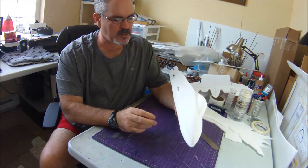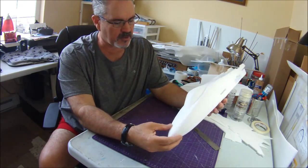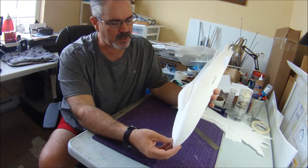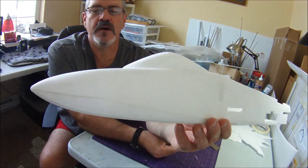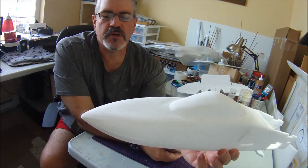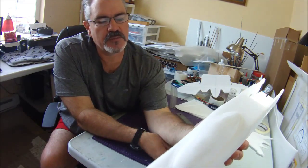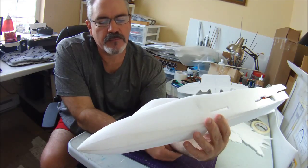Hi everyone. So here we are at pretty much the last stage of the nose construction, nose shaping, nose finishing on my NAMC Mig FA prototype build. As you can see there, I didn't bother you with pictures or shots of it with all the spackle all glopped all over it. So it's about 99% done. I'm going to mate it to the plane and then do a final sanding on the plane